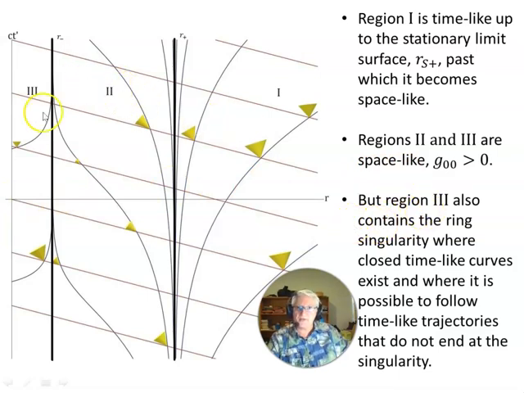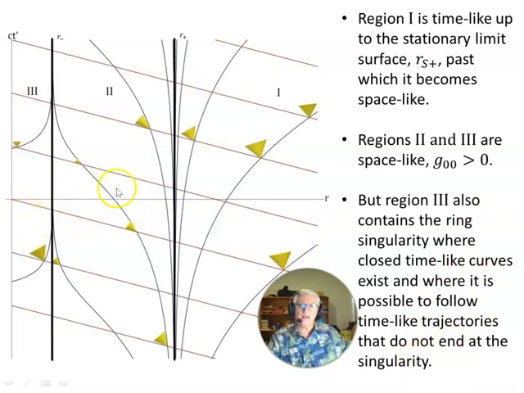Now, region 3 is space-like, and just a little bit here is space-like as well. At the ring singularity, which lies in region 3, you also have, within the ring singularity, which is outside this diagram because it's in that negative range of coordinate R, you have closed time-like curves, if they exist,